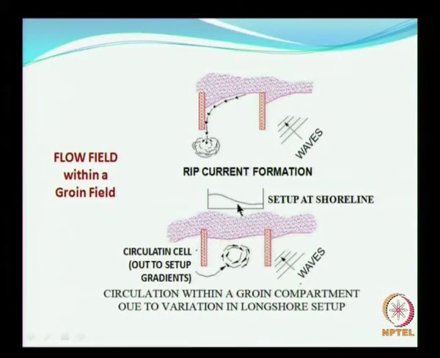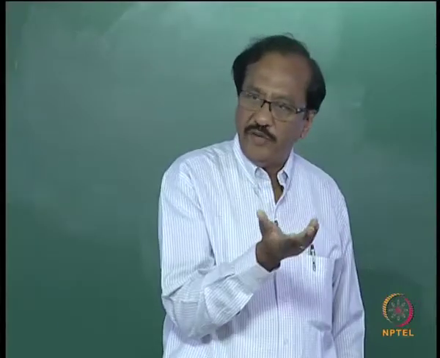And see, this is the setup on the shoreline as shown here. So you can have setup on the shoreline, and wave setup and set down we will take up as a completely different topic. So instead of this kind of circulation, you can also have a circulation cell as you see here. This entirely depends on the local wave climate, the spacing between the groins and the length of the groins. Okay. All these characteristics contribute to the generation of the circulation, which is going to be quite different.